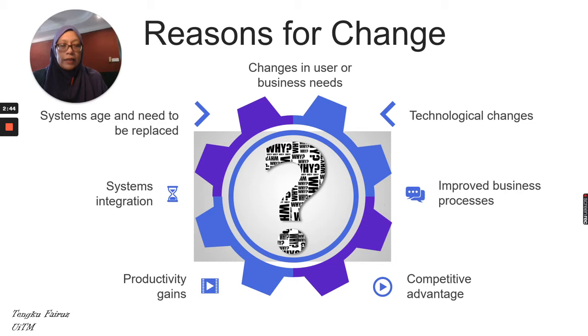The third reason is that companies want to improve their business, because normally companies change the system to improve the efficiency of business processes. For example, maybe with the current system, taking a telephone order took about 2 days. When they have the new system, it only requires 3 minutes to finish a telephone order. So that's the example.